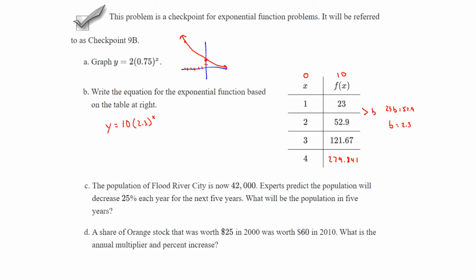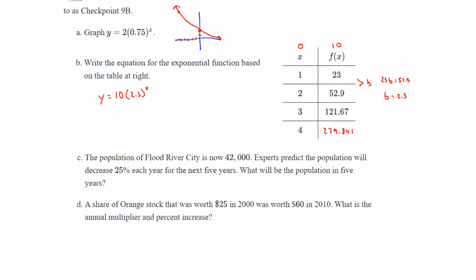On part C, the population of Flood River City is now 42,000. Experts predict the population will decrease 25% each year for the next 5 years. What will be the population in 5 years? So a couple different ways you could go about doing this one. I'm going to write the equation. y is equal to the initial population, 42,000. It's decreasing 25%, so it starts at 100 and then decreases 25%, so your multiplier is 0.75 raised to the x,